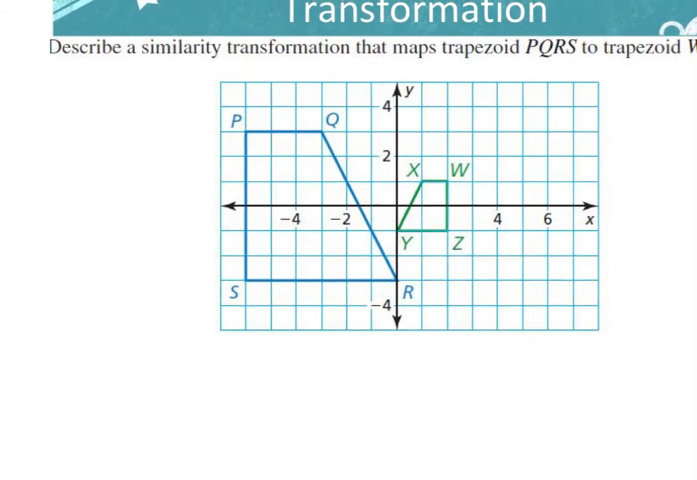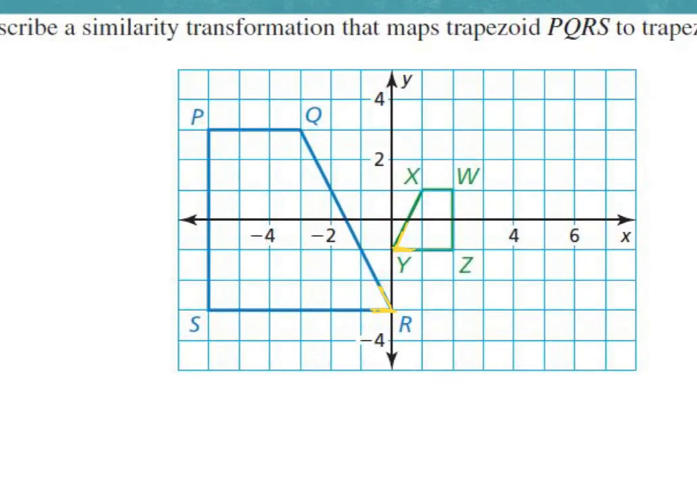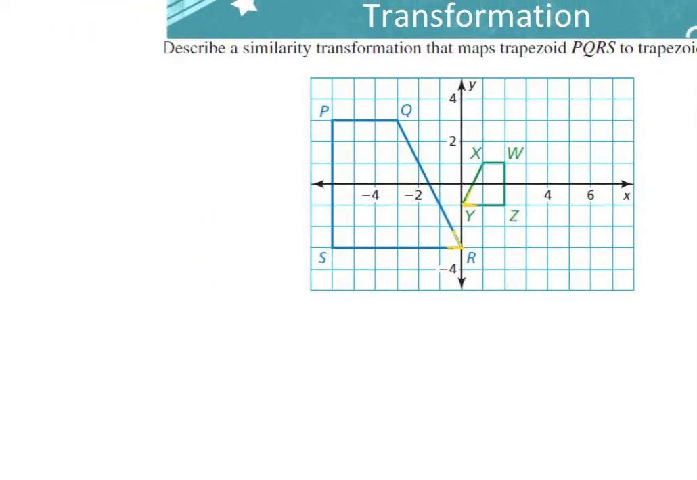So let's take a look at the blue one compared to the green one. I noticed this point right here, let's call it the nose of the trapezoid. It's facing the other way in the green one. So we know we're going to have a reflection. And if we reflect it over the y-axis, that would be really easy, just because that would automatically flip it. So let's first perform a reflection about